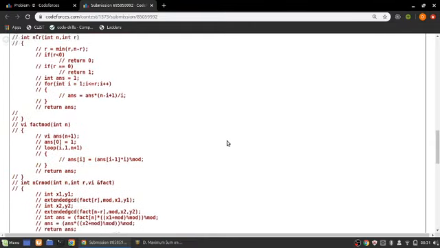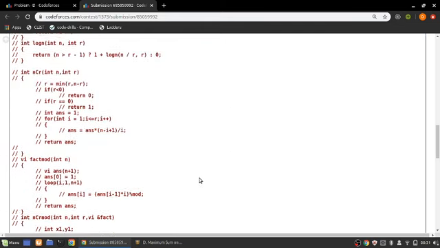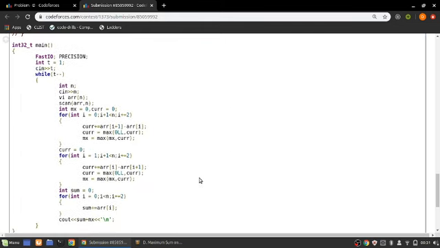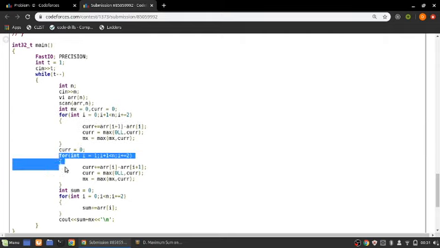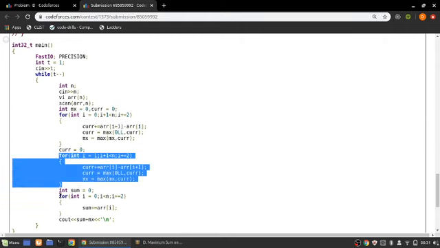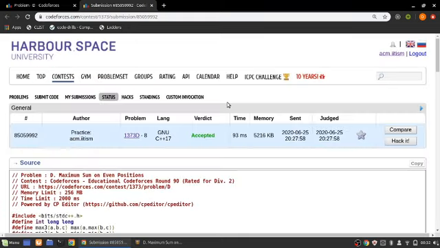So this was the code for it. It gets accepted. Now let's look at the time complexity for it. So this runs n by 2 times, this also runs n by 2 times, and this runs n by 2 times. So each loop runs n by 2 times, and the complexity for it will be O of n by 2, and the space complexity will be O of n, as we are using only a single array and nothing else. And as you can see, this is accepted.